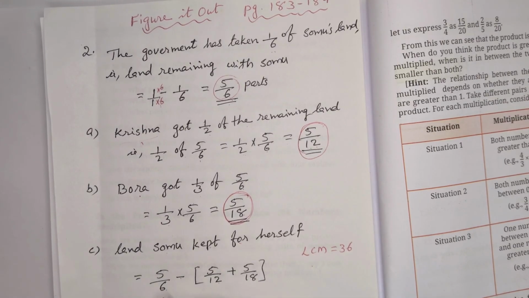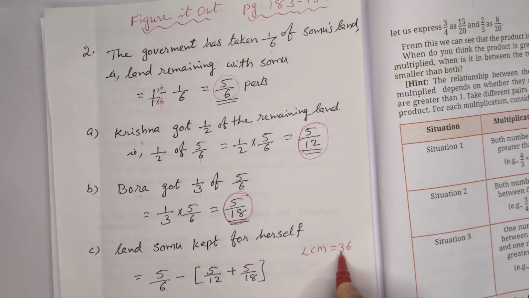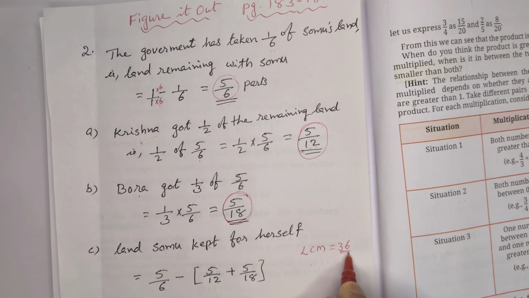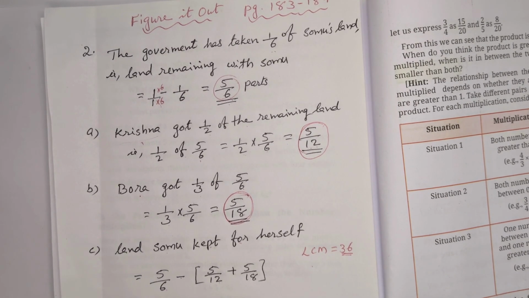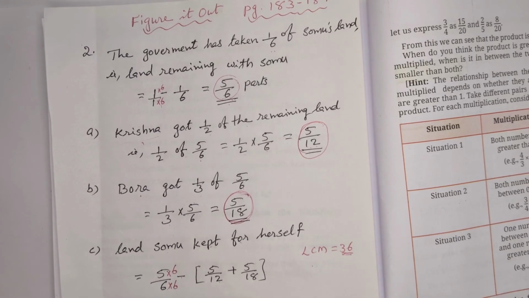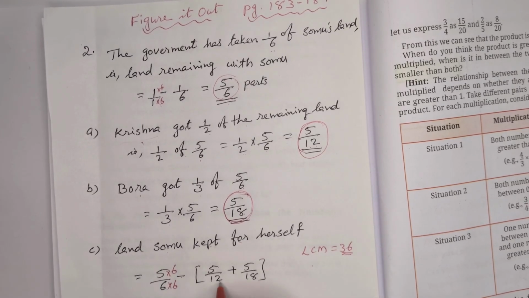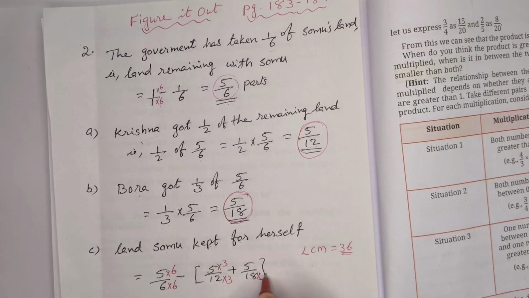LCM, how to calculate, that means for each one the common factors we have to find out. By the prime factorization method, find out the LCM of 6, 12 and 18. So 36 is the LCM, which means the common denominator. So we have to make the fractions to this common denominator by multiplying with a suitable number. Here 6 into 6, 36, which means the numerator also we have to multiply with 6. 12 into what? 36, 12 into 3. So with the same number, we have to multiply that fraction's numerator also. 18 into 2, so the numerator also with 2.